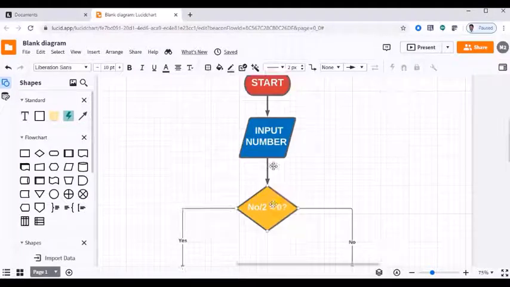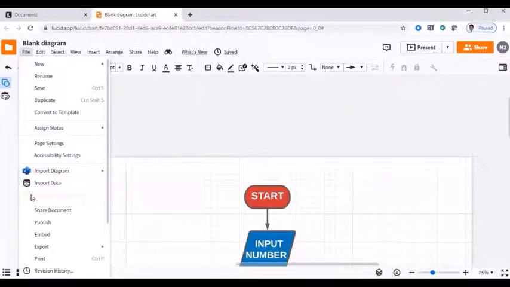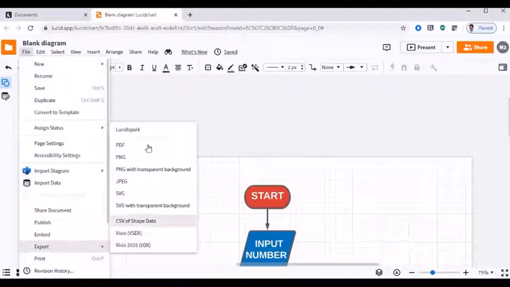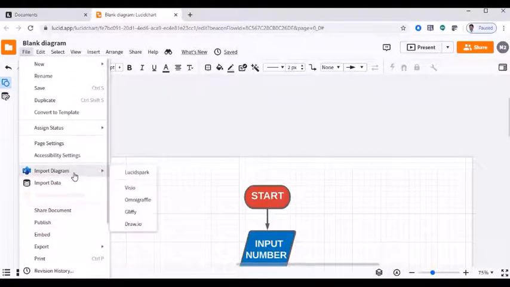Once your drawing is complete, you can export it into the required format: PNG, PDF, JPG. These are the various methods available, and you can also import drawings created in other software.